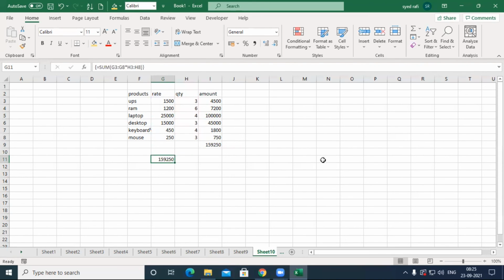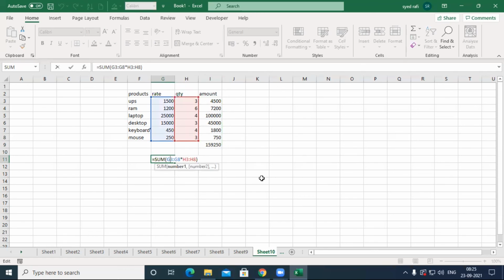Nice, you get the same answer without doing all these steps. This is called a table array. When we assign these, I will explain in a later class. By pressing Control Shift Enter, we get the answer.